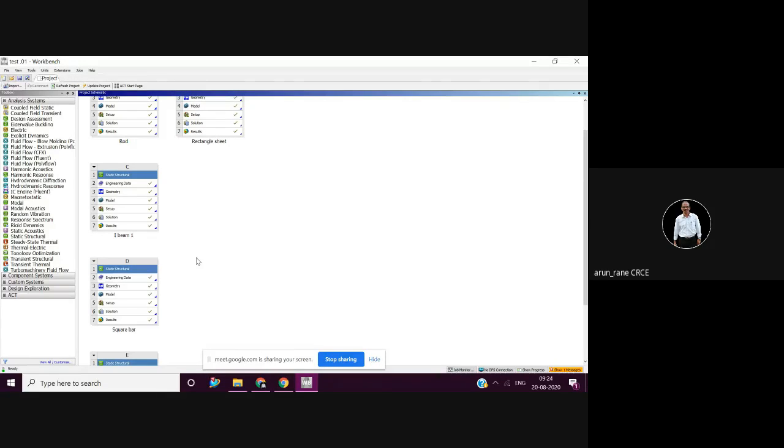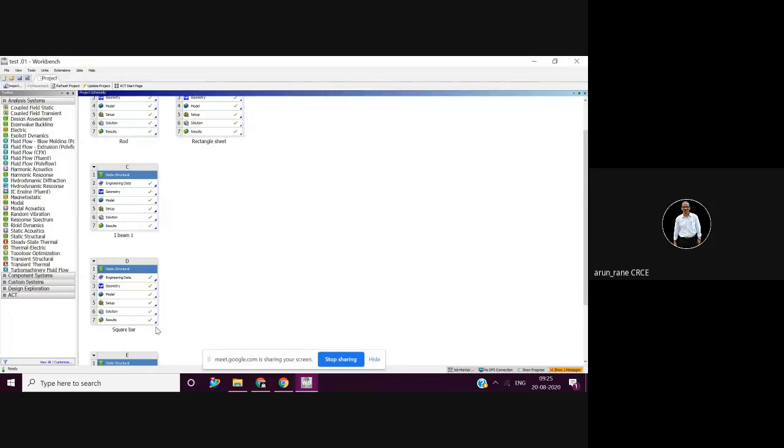To import it, it has to be in a format which is understood, and that format is generally a STEP file, that is dot STEP or dot IGS. If you have it in this format, then only you can import it. So let us see how to do it.